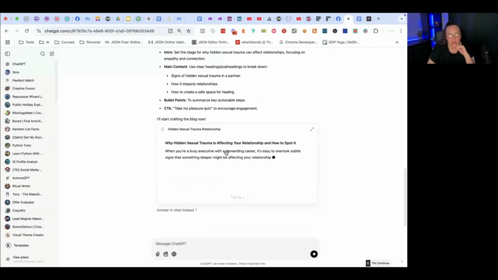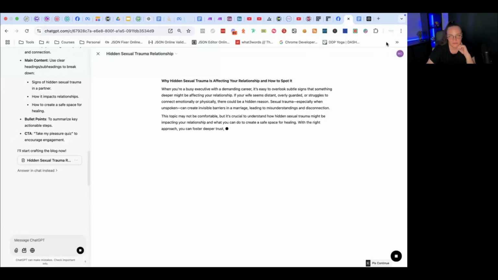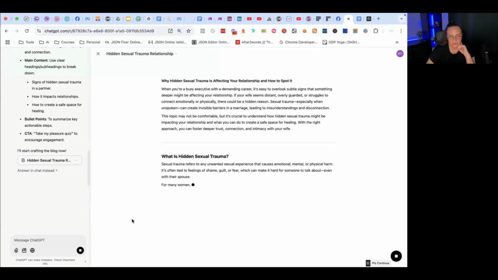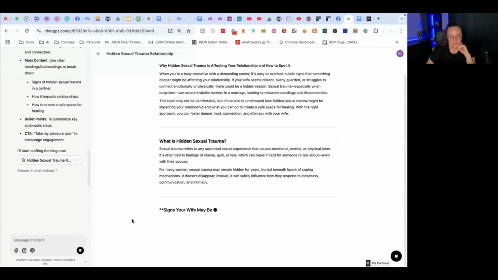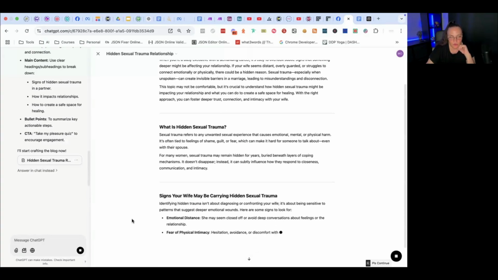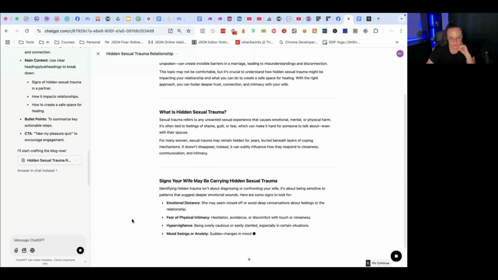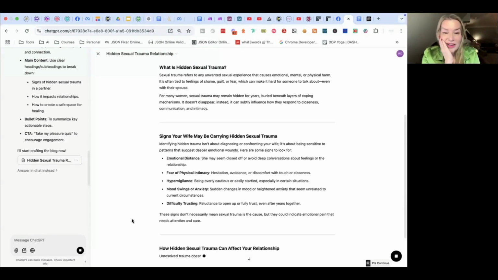It's interesting how it writes in the canvas now. I find that ChatGPT has become much better at writing than it was about a year ago. Absolutely. Yeah, this is pretty good.